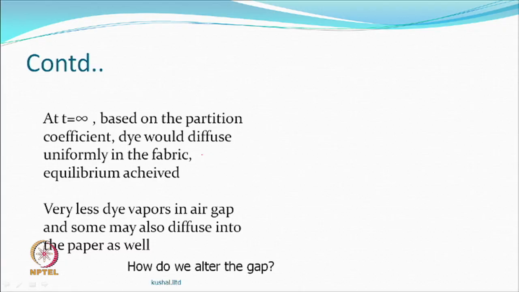So, the gap is important. How do we alter the gap? Well, we apply pressure. If we apply more and more pressure, the gap will be less. That means the chances of this transfer to the fabric will be quicker, and other diffusions here and there also will be less, so it will be in our own interest to reduce the gap, because the gap